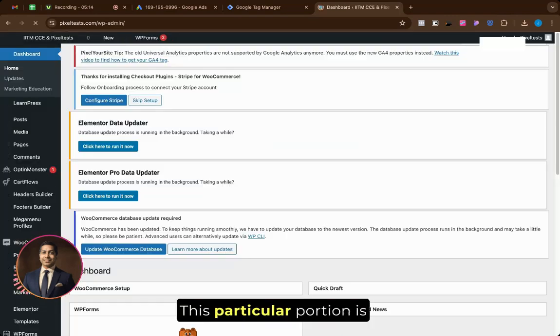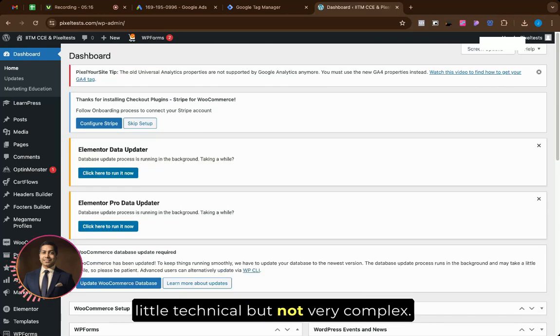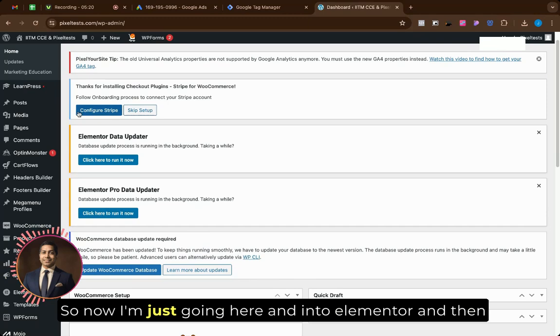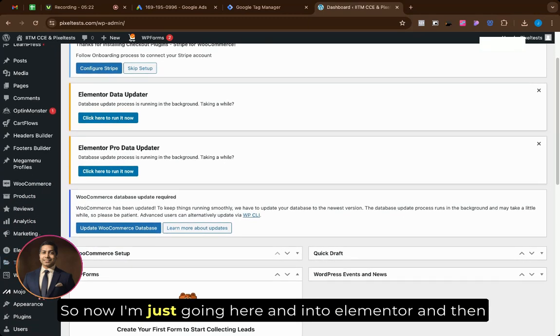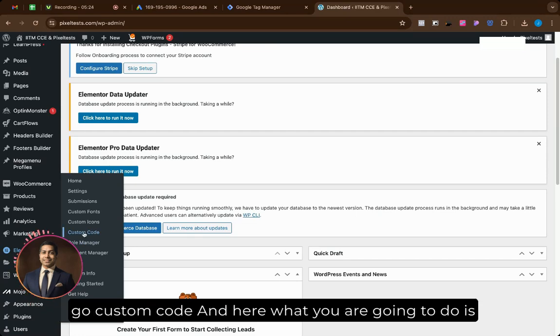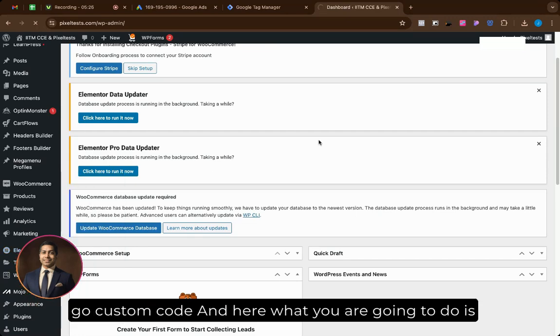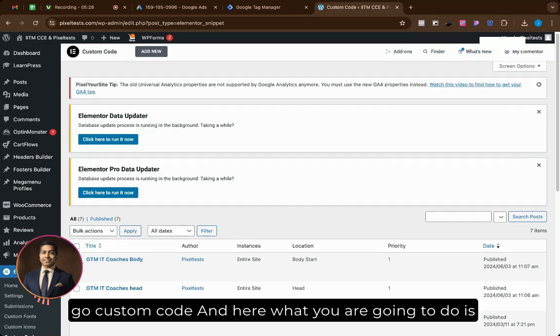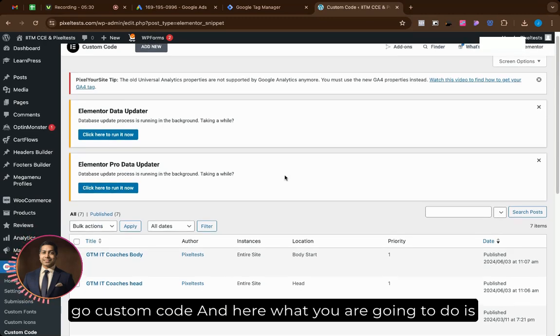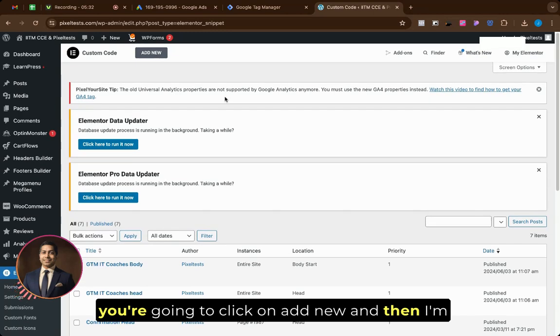Right? This particular portion is a little technical but not very complex. So now I'm going here into Elementor, and then we go to custom code. Right? And here what you are going to do is click on add new,